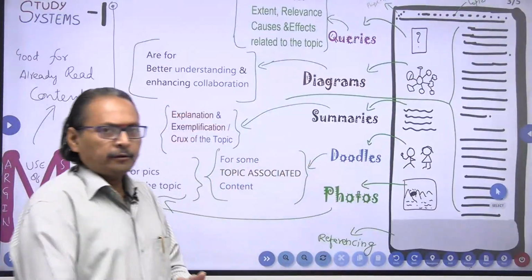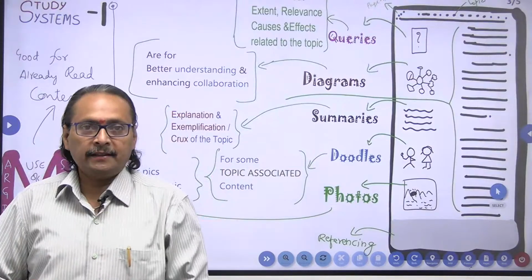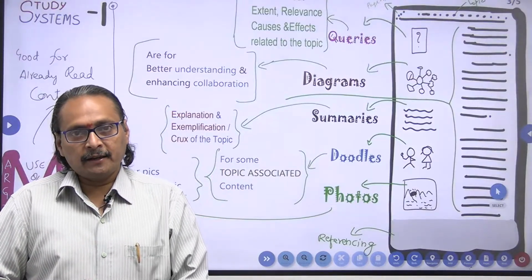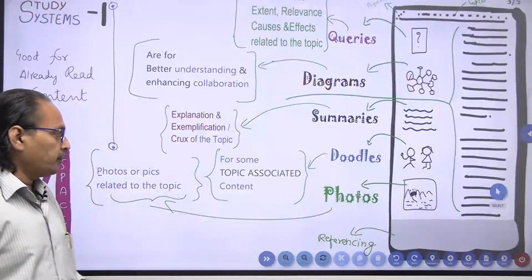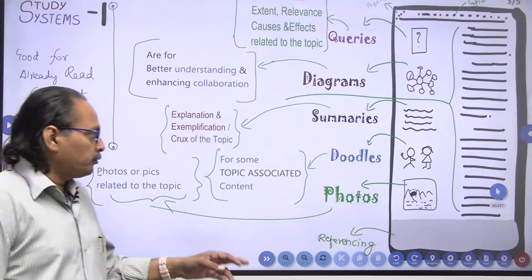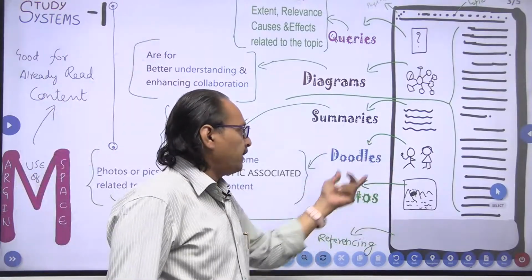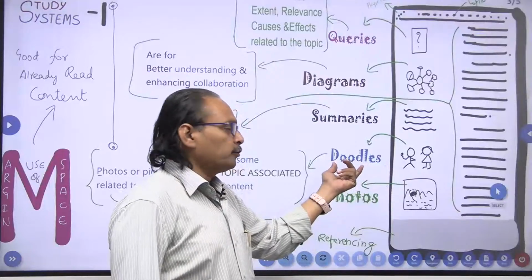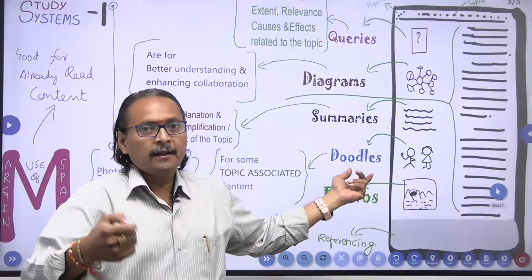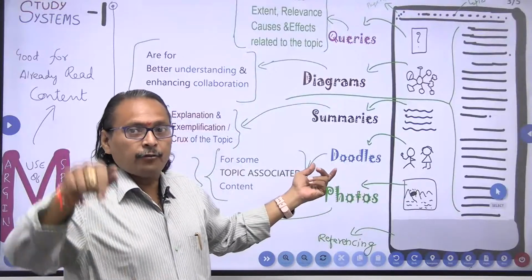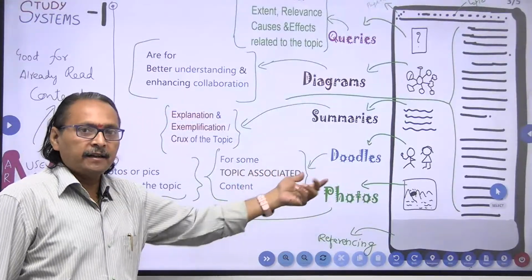Then you have doodling. Doodling, of course, I am talking about in my other series, Know How Now series, about ideography. 6 parts we have already done. Very soon you are going to get the links, and many more are going to come. So if you correspond this video with that, you can also get the idea of why we should actually do doodling. This is not the agenda. You can also draw some small diagrams here and there for your personal idea of what exactly you are studying. That is another thing. For some topic associated content, you can doodle.